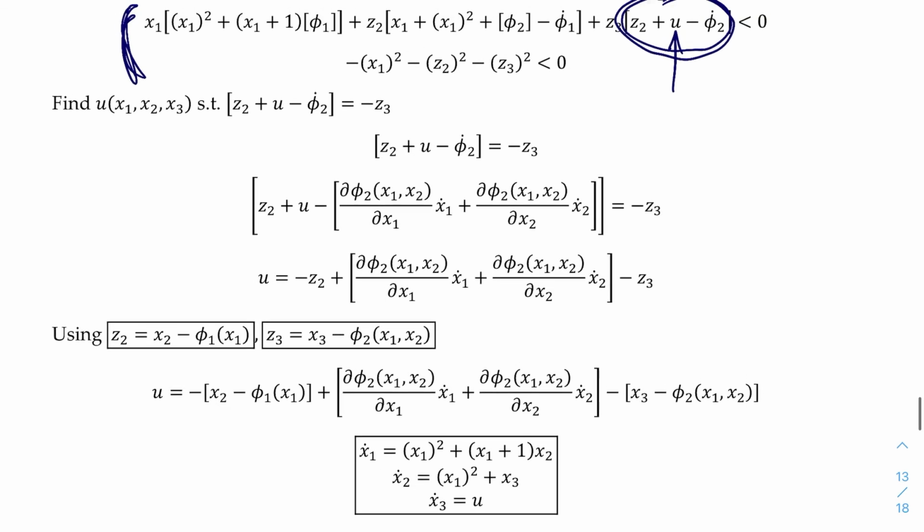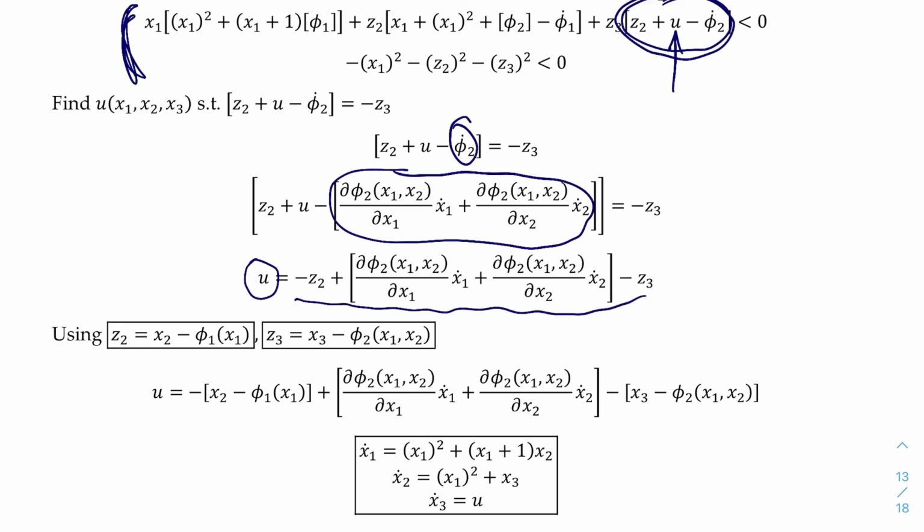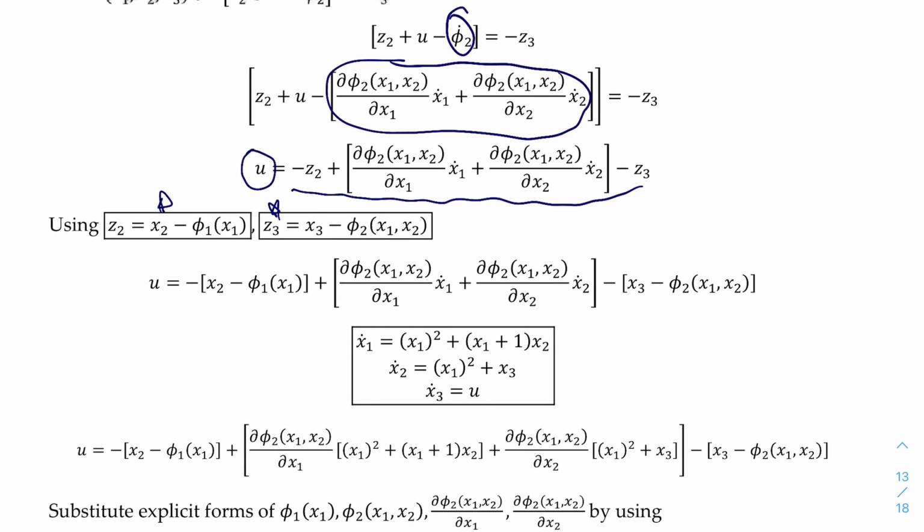Okay, this is important. This is phi 2 dot, and look at how long an expression it is. We are trying to isolate u, and then make the right-hand side of that equality only depend on x1, x2, and x3, by using those given equalities,